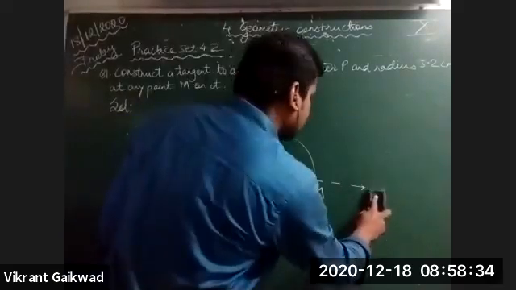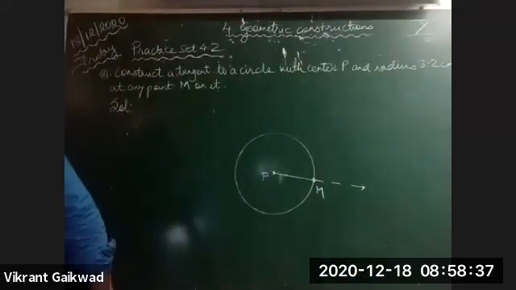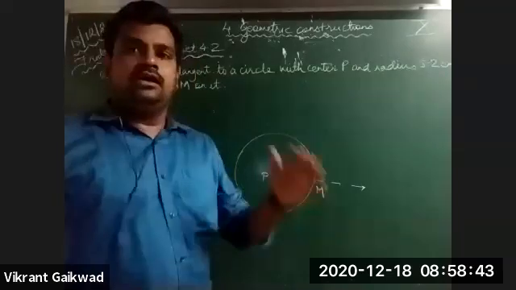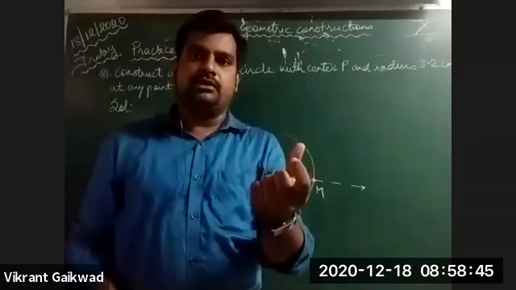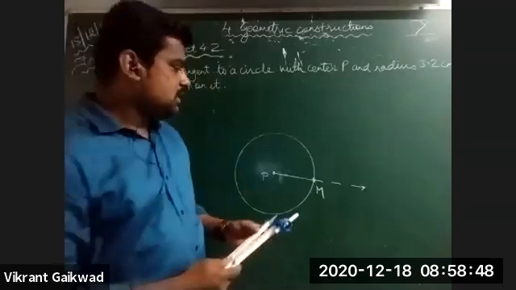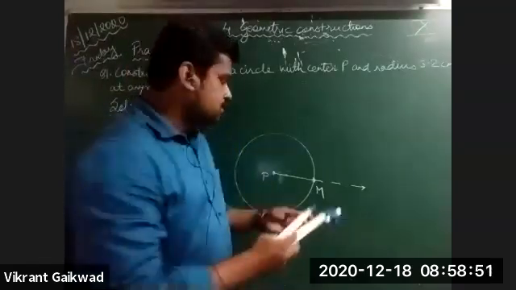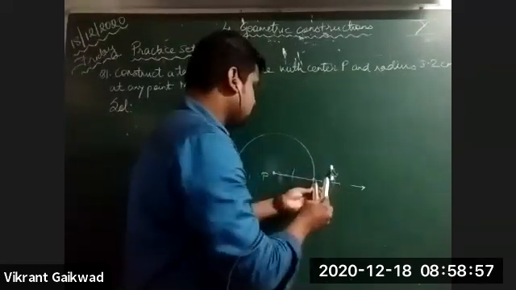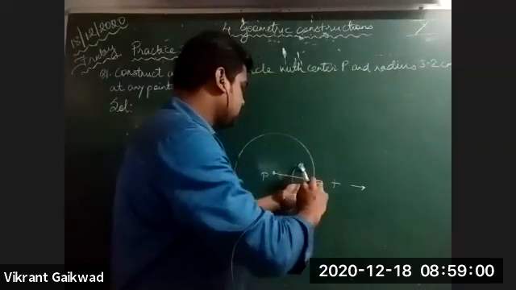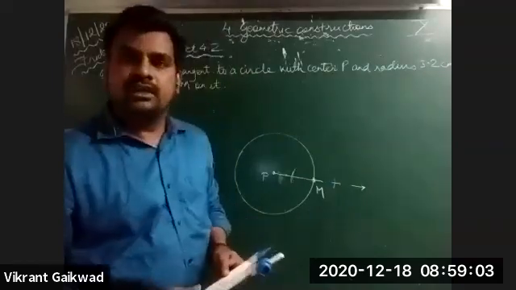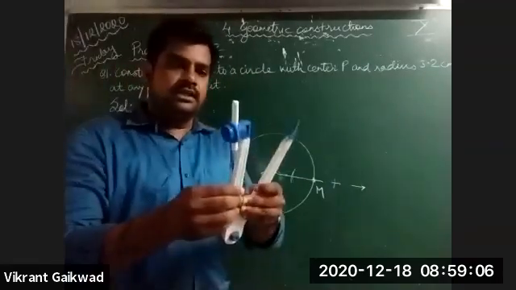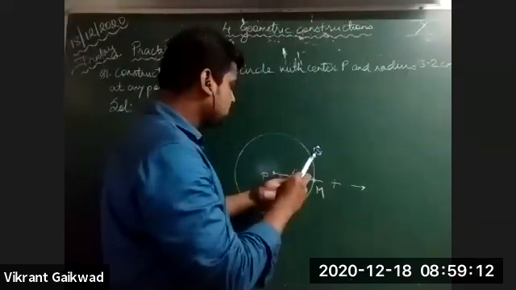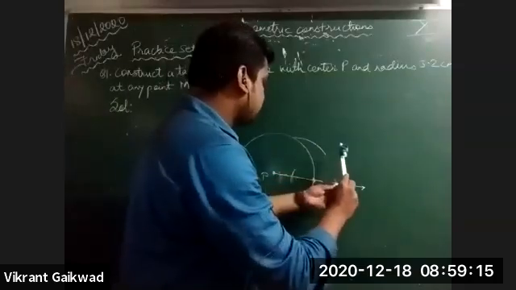Now you have to draw the perpendicular at M. How will you draw the perpendicular at M? On the given line segment, from the particular point where you have to draw the perpendicular, you take a small distance on your rounder. From that point, on the opposite sides, we'll cut two arcs. After that, you'll increase the distance on your rounder, and from the two arcs which you have drawn, you'll cut arcs